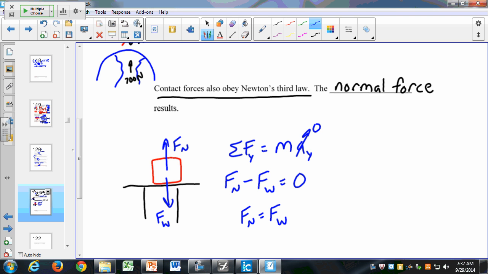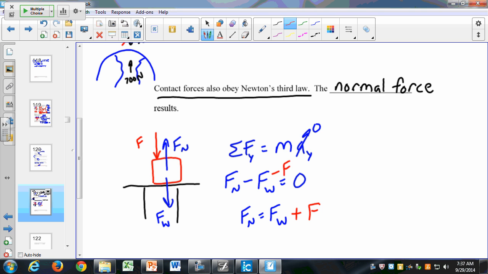Well, no, that's not entirely true. There is a way that I could increase the normal force in this scenario. How could I increase or decrease the normal force? What would I do? Yeah, if I apply another force to it, so if I apply a force here, let's just call that F, then it would change this calculation. I would have Fn minus Fw minus F is equal to 0,